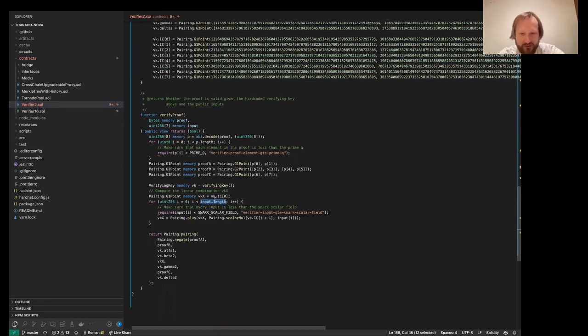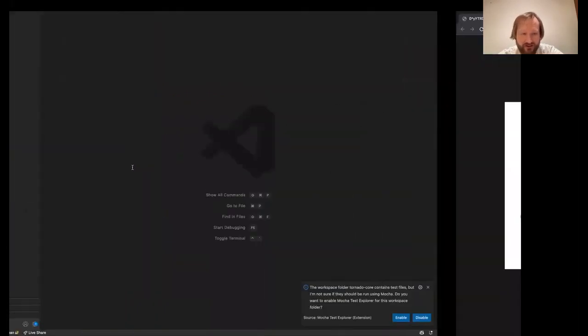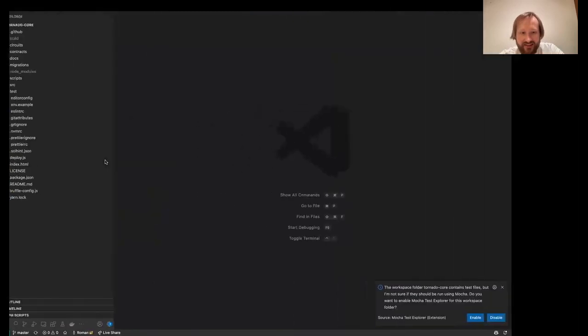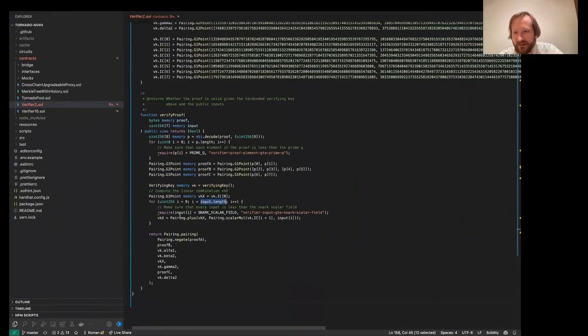So there is one possible optimization if we have a lot of inputs. For example, I used an example of 4 elements, but usually it's larger, like for example, 256 elements. This can get quite expensive if all of them are public inputs to the Snark.